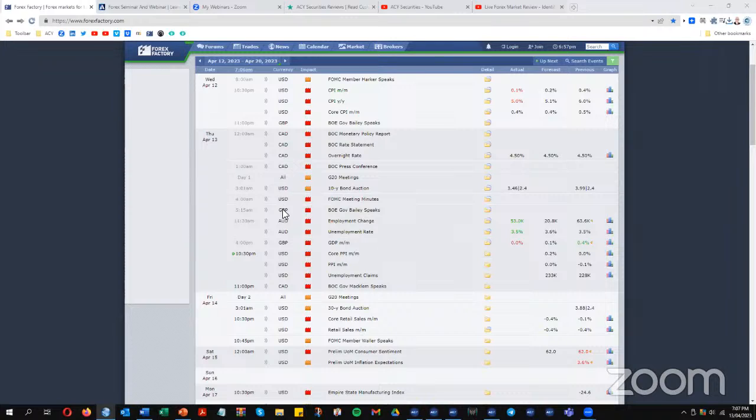So coming up, next important item is at 10:30 p.m., which is core PPI. Now, this is going to give you an insight into if the producer's price index is rising, so the people that make stuff. If their prices are rising, that means the prices selling in retail are going to be rising too, which of course is going to add to the potential of inflation. So if this comes out positive tonight, then that's going to be positive to US dollar, I should imagine. So that's coming out at 10:30 p.m.